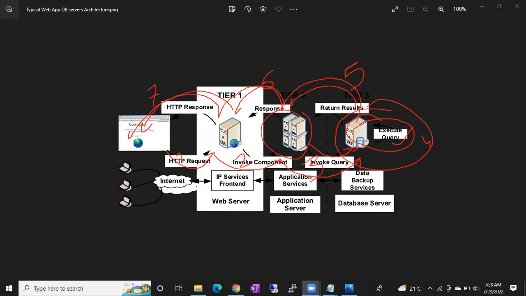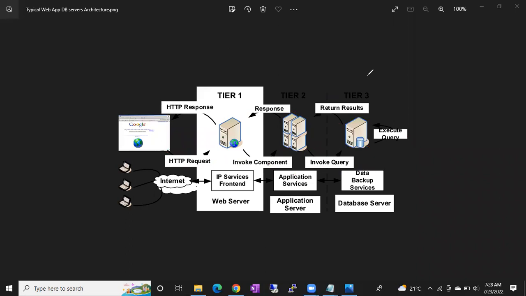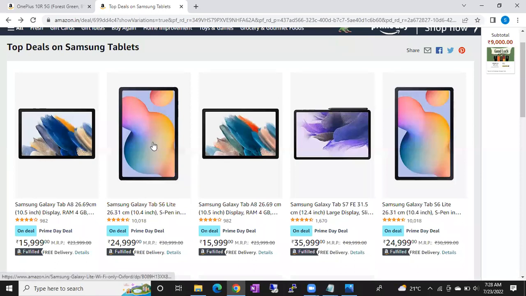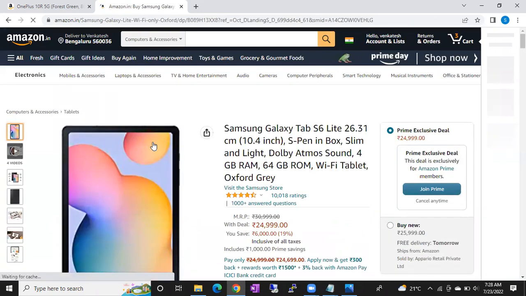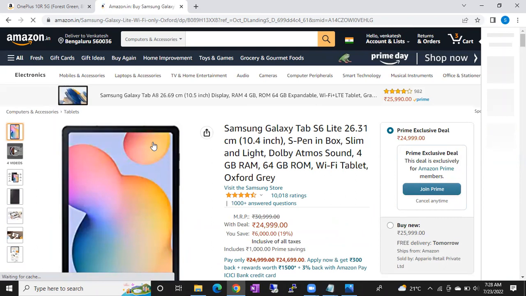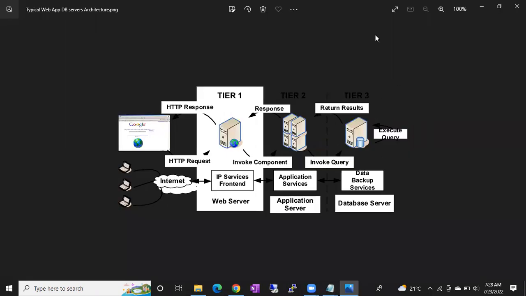You feel like you are simply clicking on the query. But as per this diagram, the meaning of your click is that it will undergo 7 actions within a fraction of milliseconds, guys. The data is stored in a database. This is the database server, and the database server is always in the backend. That's why we call the database servers backend database servers, guys.